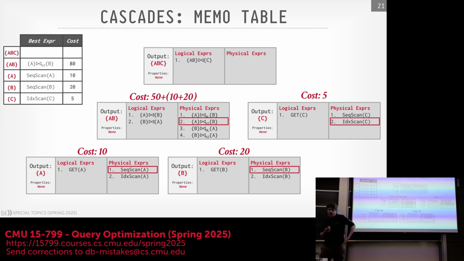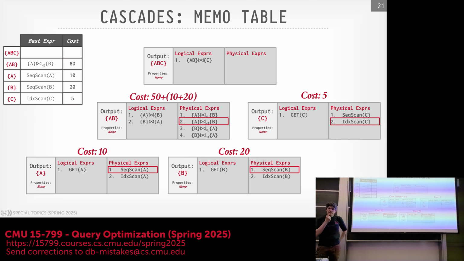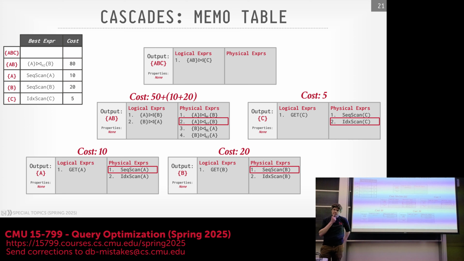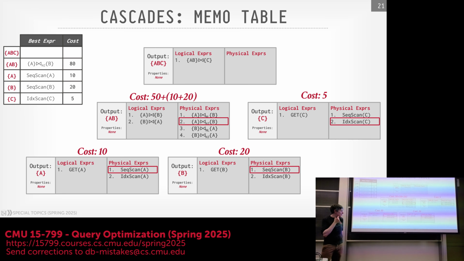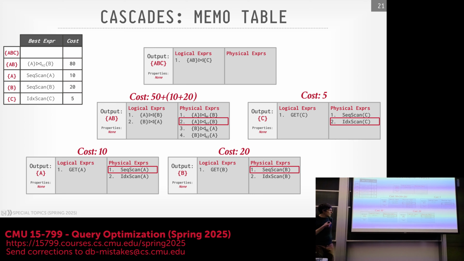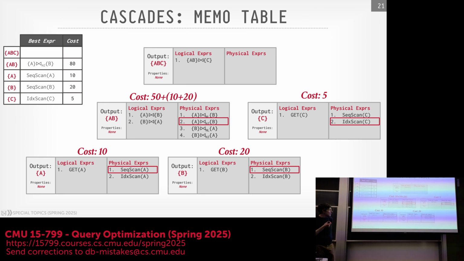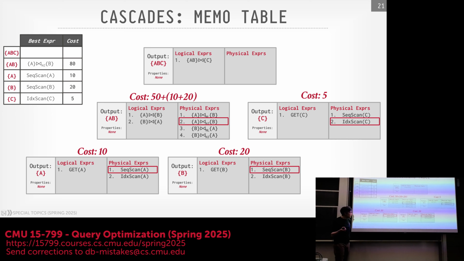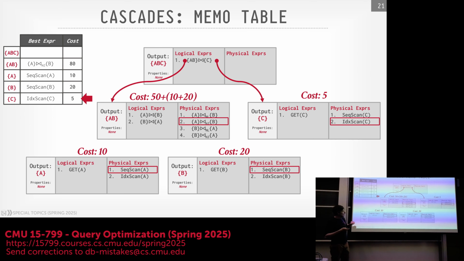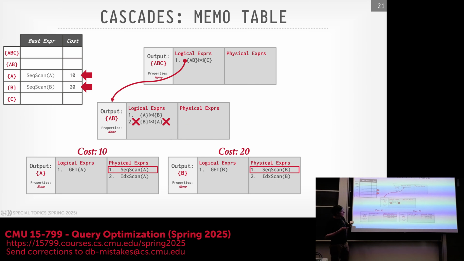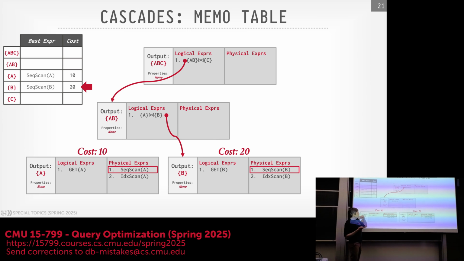Yes? So we know that the sequential scan is the cheapest for groups like A and B, but what if that output A and B had to have a sorted property on it? Would it still pick, so that we're sorting on something in table A, there's an order by? Mm-hmm. So your question is, the index scan would then be cheaper, but would you see that in that A B group? So going back here,